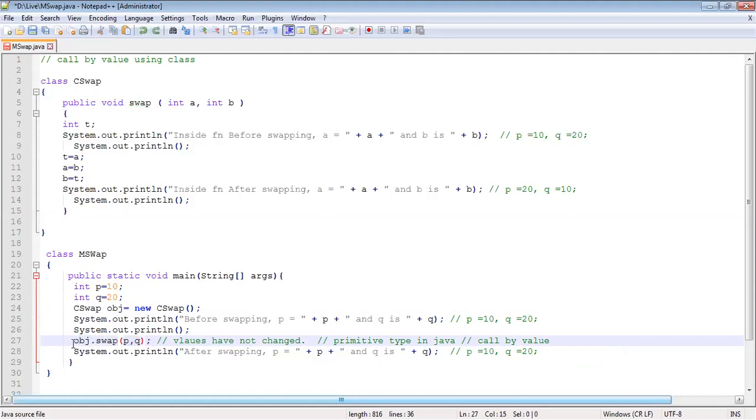What you told is perfectly correct. Even though you're using classes and objects, you are passing in primitive values. Because you are passing in primitive data types, it is still a call by value. Now let us see, with the help of objects and classes, how can you do a call by reference in Java? Okay, now have the heading call by reference.